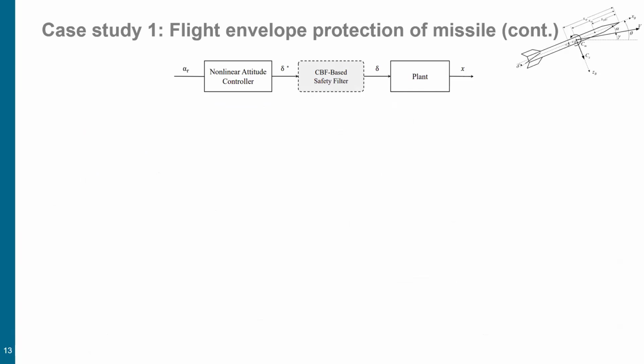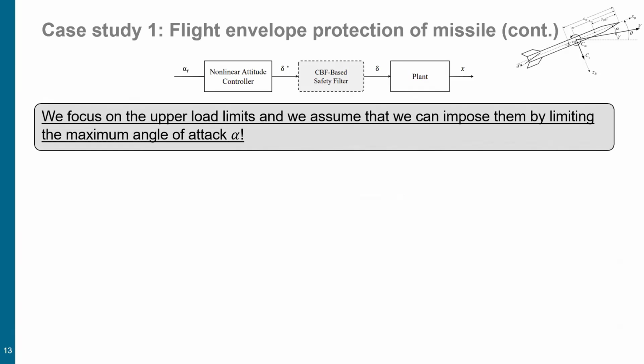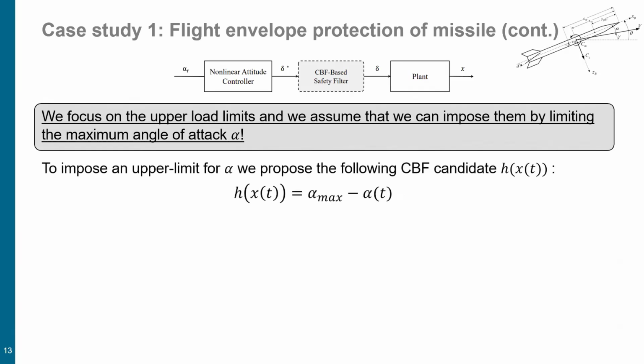and derive the condition. What you're trying to do is, in this simple case, I just said, okay, you can go for an upper bound in alpha. You can basically recompute all the load limits into alpha constraints, right? And it just makes stuff easier. And this is the candidate to ensure this, right?